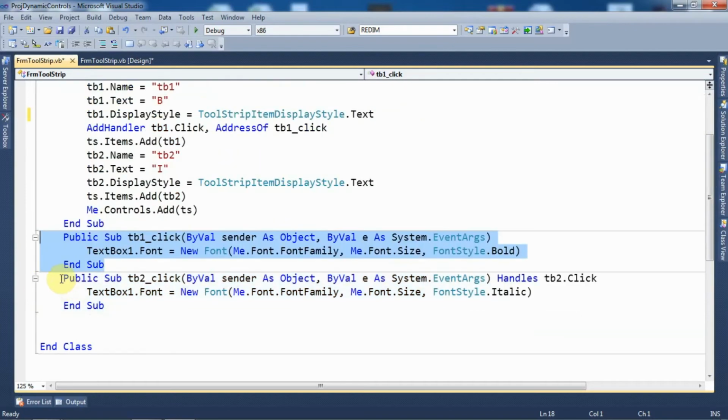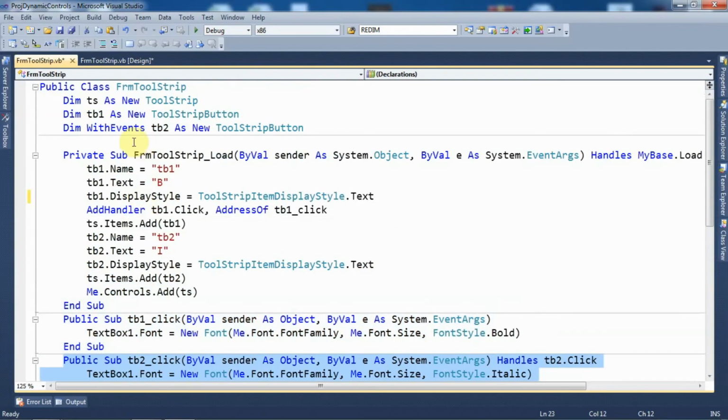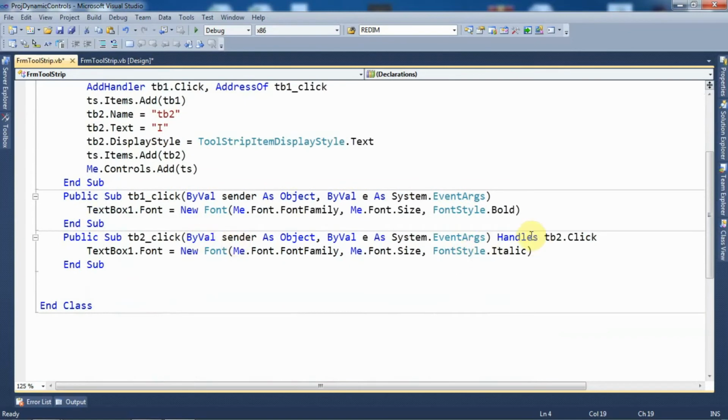Now for the TB2 object, obviously over here we have specified it with the WithEvents keyword, so I also need to specify the Handles keyword over here, right? So if you are able to see, the whole prototypes of the TB1 click event and TB2 click event are similar, the only difference is I have added the Handles keyword, and after the Handles keyword we need to specify which event is to be handled for which control, right?